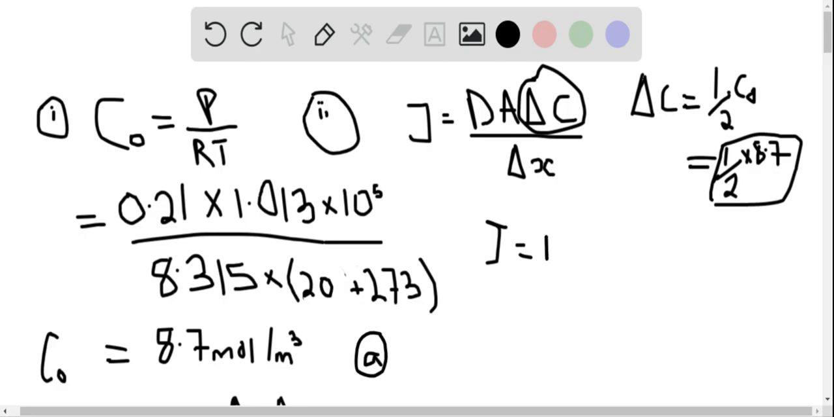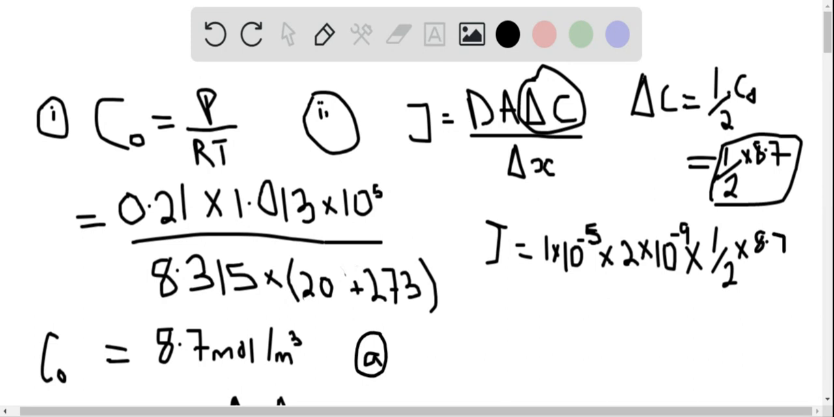So 1 times 10 to the power negative 5, multiplied by 2 times 10 to the power negative 9, which is the cross-sectional area of the trachea, multiplied by 1 over 2, which is the value of the change in concentration, multiplied by 8.7